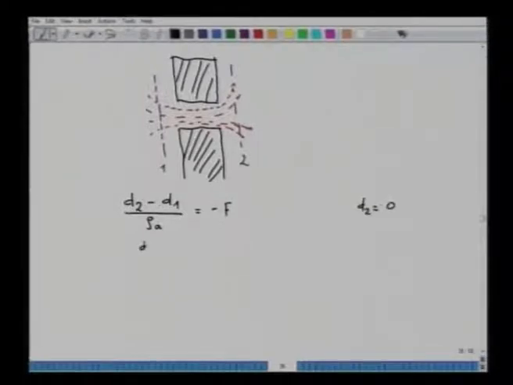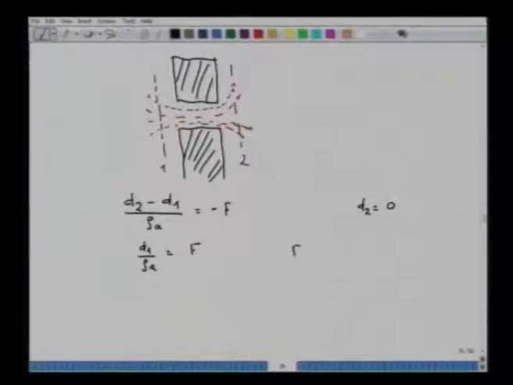So, we have D1 upon rho a equal to F. We substitute the values in the proper dimensions, and I request you to do this yourself and replace F by 2F L upon D E